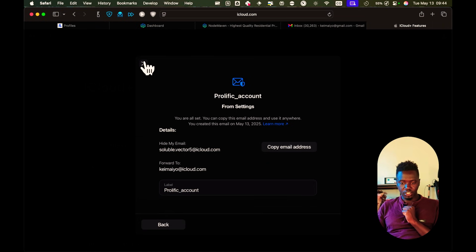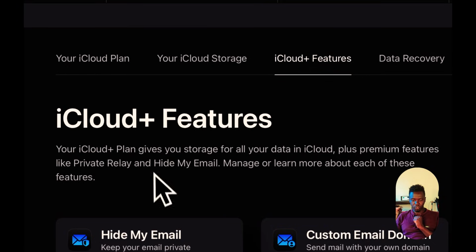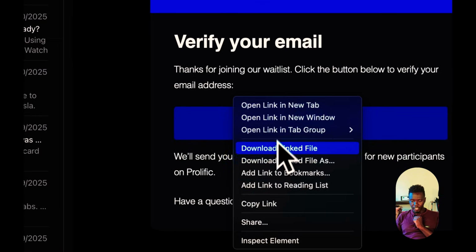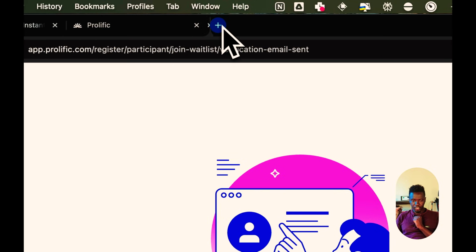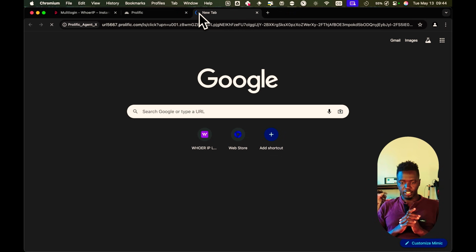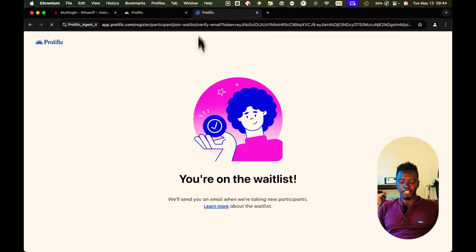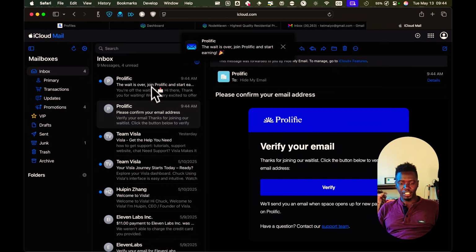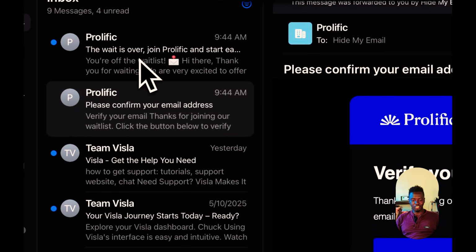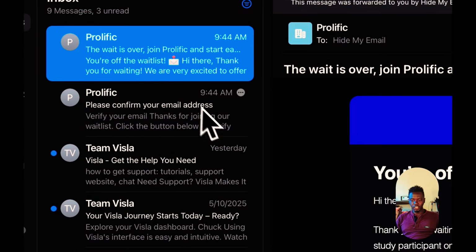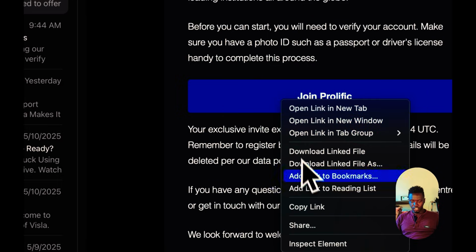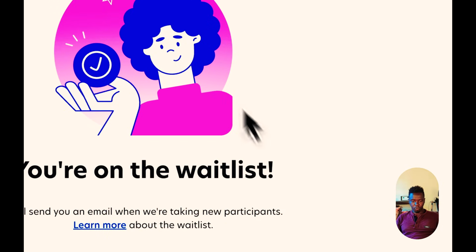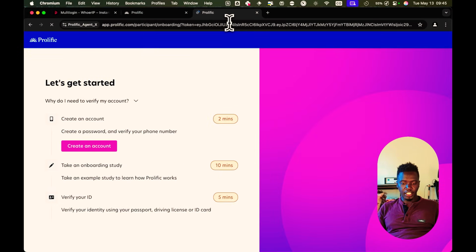An email has been sent to my email. So I'm just going to select to verify my email, copy it and come back here, paste it here, and let it just load. The email gets verified and it says you're on a waiting list. Then when you come here, you realize there's an email telling you, hey, you're off the waiting list. That's when you go down again, copy this link, go back here, paste it here,